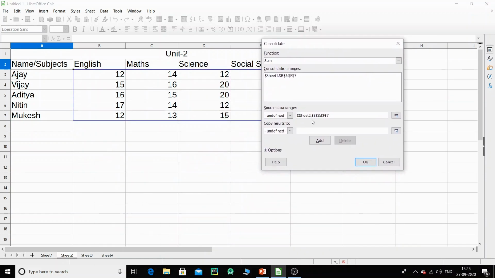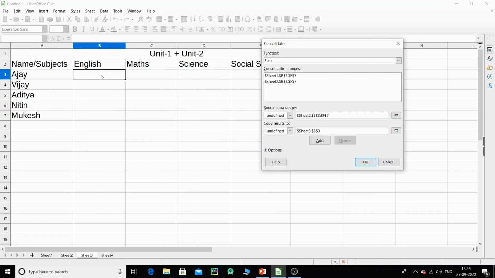Okay, and then the range will be appearing out here and click on add. So the 2 range got selected. Now I want to copy the result 2. That result 2 will be my sheet 3, that is this one. So the moment I click over there, you can see that the result, copy result to that particular cell